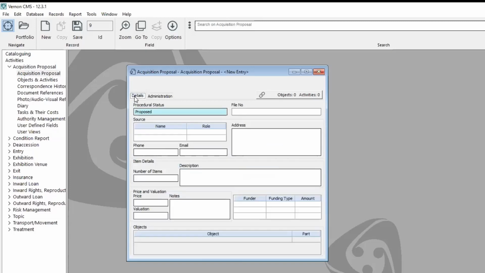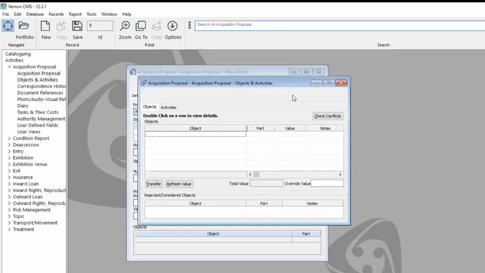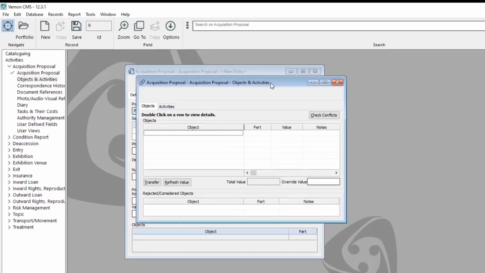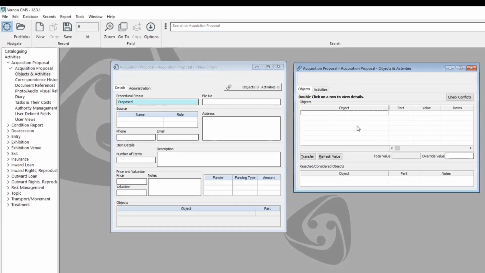So when it's completely finished, all the objects will be attached, the signed accession agreements will all be linked to this. You can hop into those windows by clicking on this button at the top, which will open up the objects and activities window. This is the same window we use for all of our activities. You can also get to it from these side windows. So if I open up an example one,